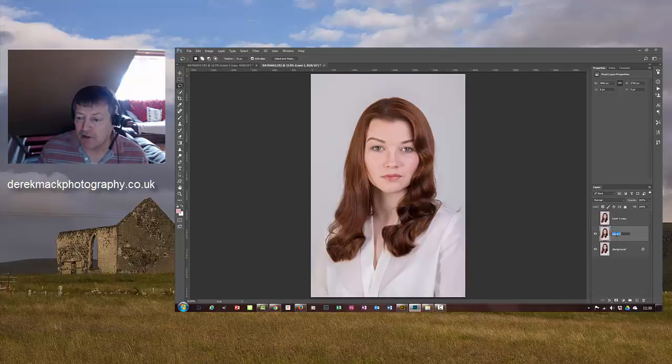I always name one of them just for reference. So I'm just going to call it reference. You don't have to. You can call it whatever you want. But it's just so you can refer to it when you run the action. So this layer here, and